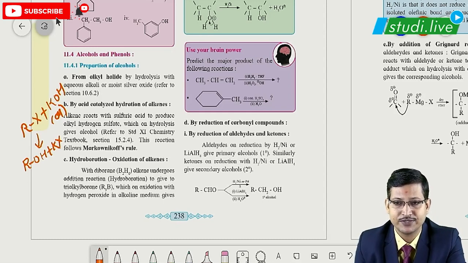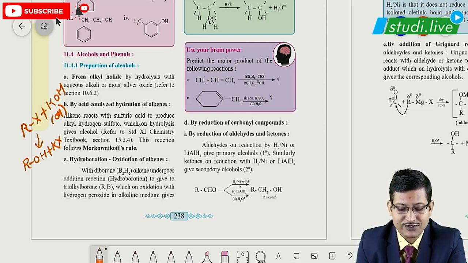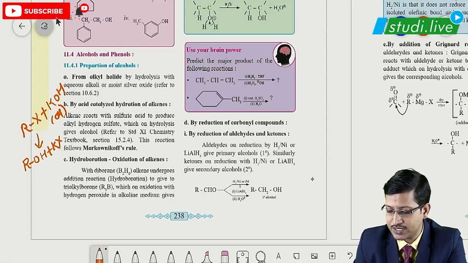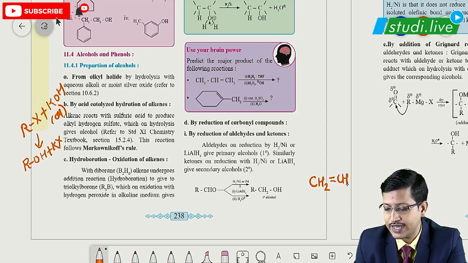It's a building up study. So now this is already completed in 11th, already mentioned. Anyways, we will have a quick revision of that also. So by acid catalyzed hydration of alkenes, what exactly happens here is CH2=CH2, that is your alkene,